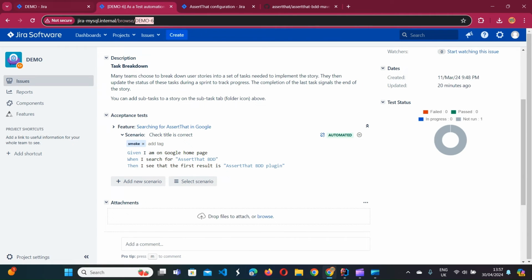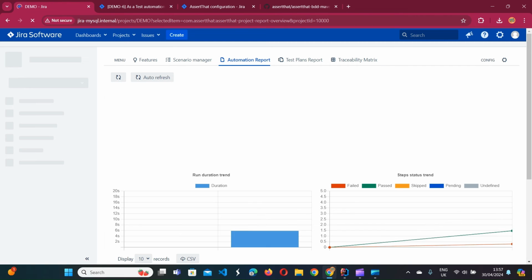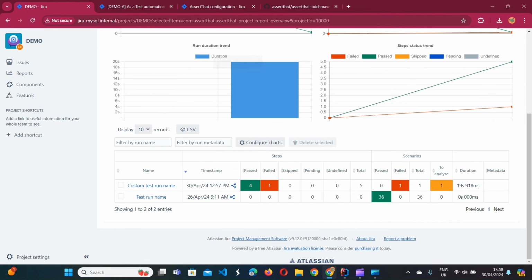So now if we navigate to the test automation report, we can see our custom run name, which was just executed, and the step statistics, scenario statistics, duration, and the timestamp.